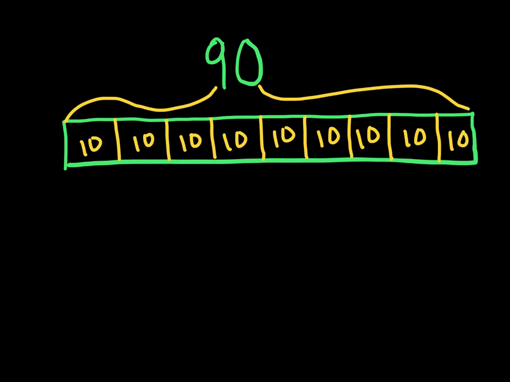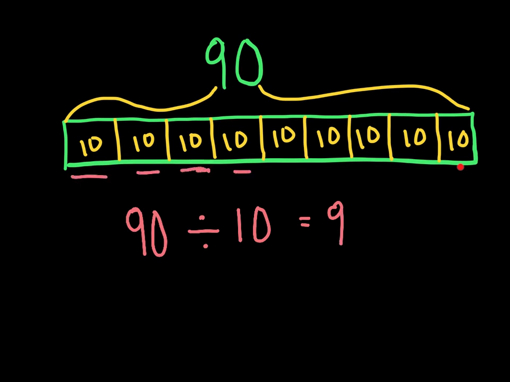Well, if we look at it, how many parts do they have? We have 1, 2, 3, 4, 5, 6, 7, 8, 9. So basically this is showing us 90 divided by, because each part is 10, and so 90 divided by 10 is equal to 9, because each one of these is 9 boxes, and it